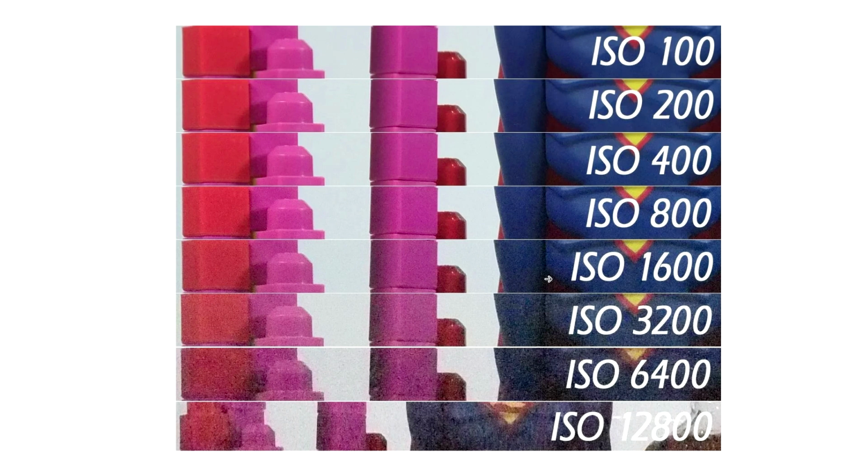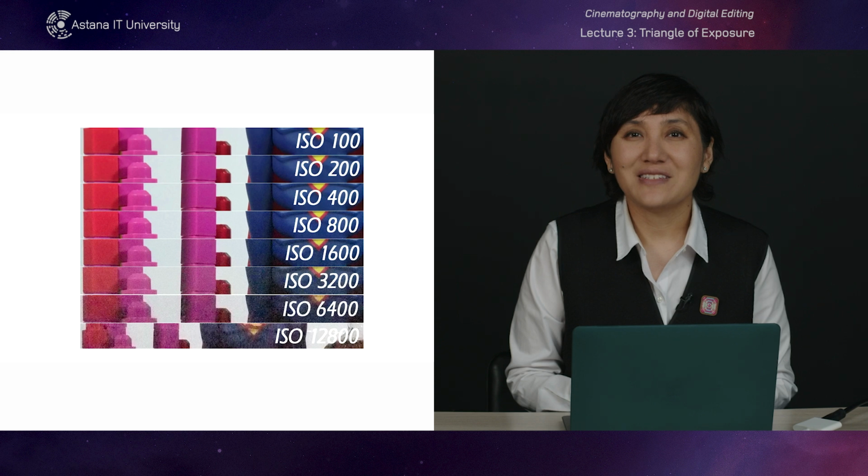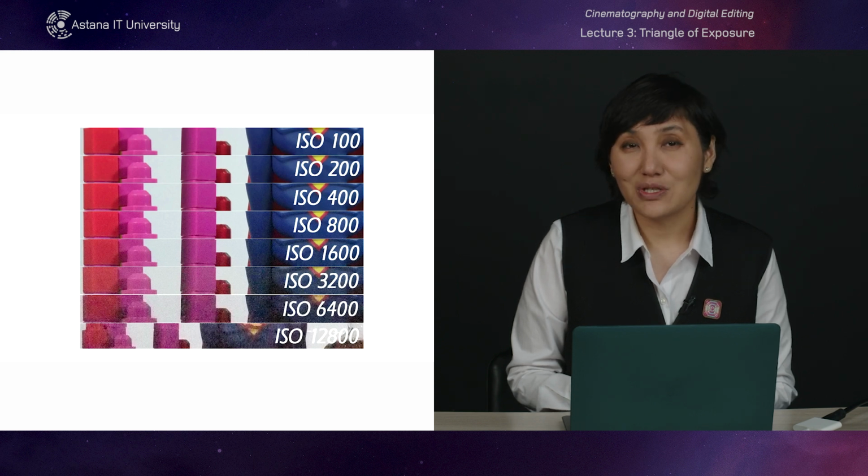For most cameras, the native ISO is typically around 100 or 200, depending on the model and sensor design. Whenever possible, shooting at or near the native ISO will help you capture the highest quality images with the least amount of digital noise. This part is dedicated to understanding the connection between elements of the exposure triangle.